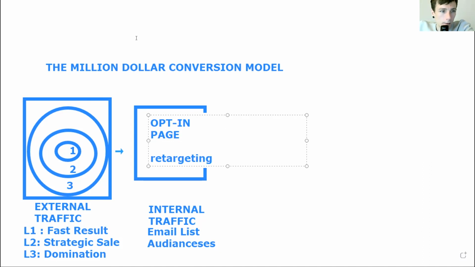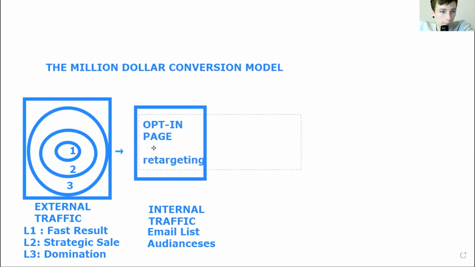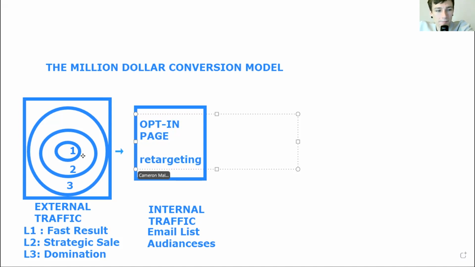When you send people here from external traffic that you don't necessarily control or own, once they click and come to your opt-in page, immediately they become your internal traffic. They go into your retargeting pool, whether they opt in or not, and this is where you can run retargeting ads and all that cool stuff.